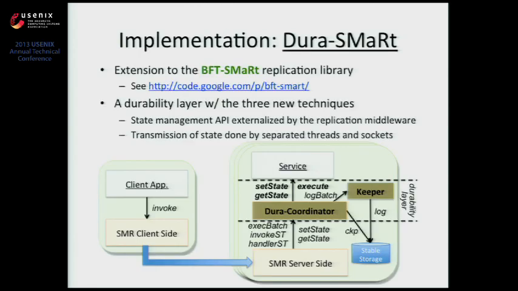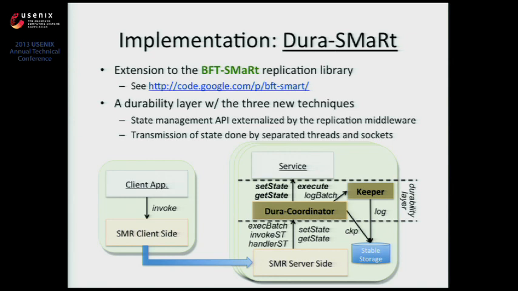Anyway, let's see how this works in practice, okay? Like I said, we implemented this on the BFT-SMaRt replication library. It's for BFT, but right now there's already some experimental support for crash fault tolerance, which is the opposite. So it was designed first for BFT, and now it's also supporting CFT. But the basic idea here is that we modified the system to make a layer that deals only with durability, okay? This same design can be applied in any system that implements state machine replication.